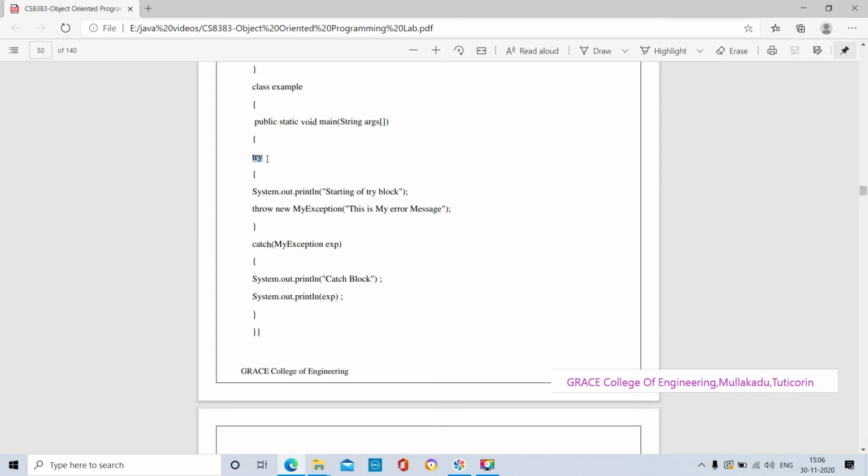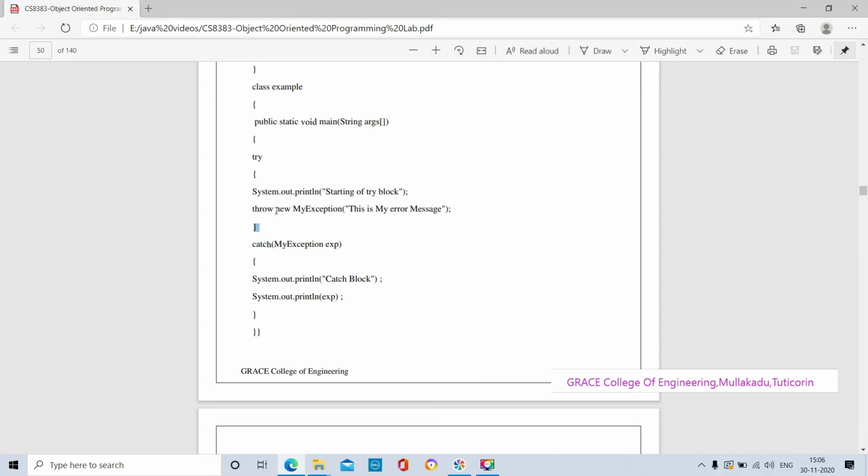Okay, so in this try block, from the open curly brace to the close curly brace, we have the body of the try block. This try block contains some statements. Here we have two statements. These will be used so that if any errors are available in this program, it will tell the programmer. By using System.out.println, it will print the statement "starting of try block".